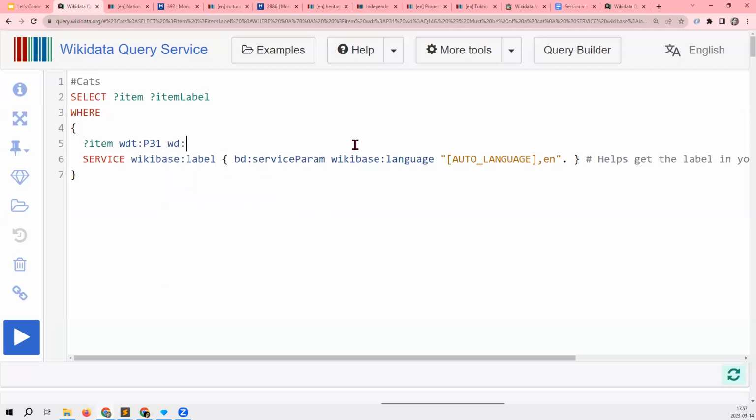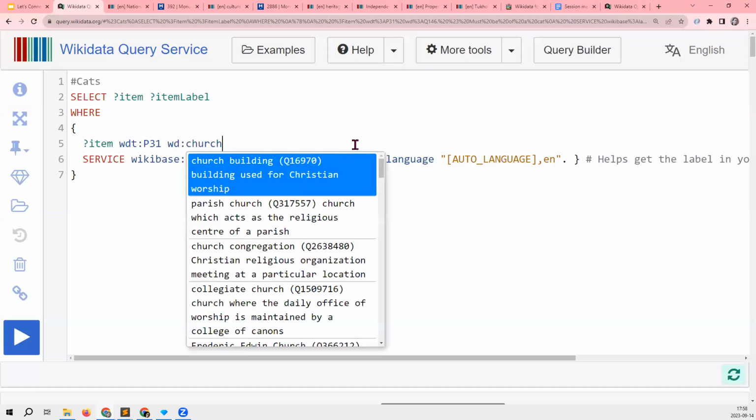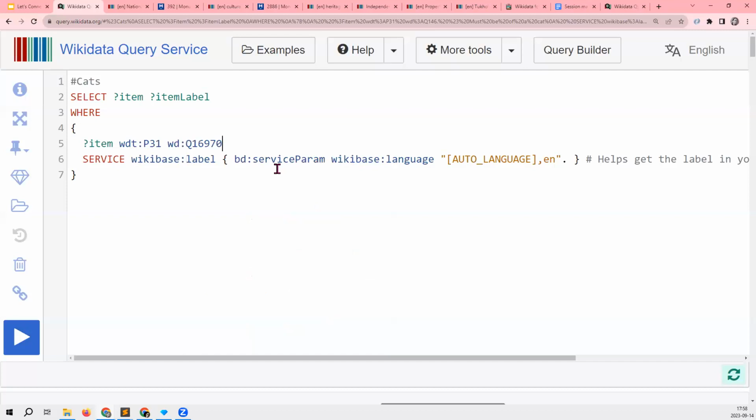I now press Control space, which gives me a little search engine. So I don't have to look up the Wikidata ID of a church. I can simply type church building. Yes, perfect.